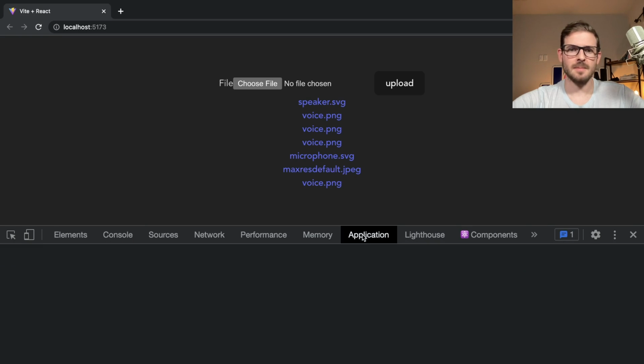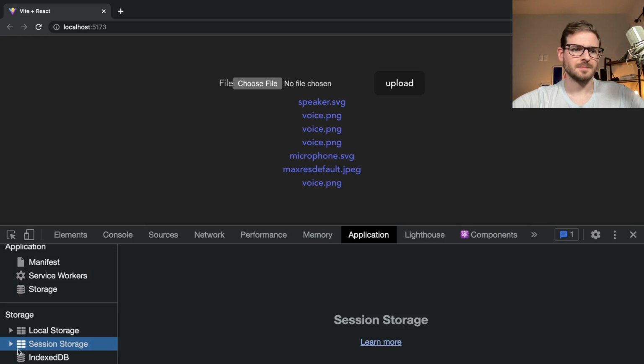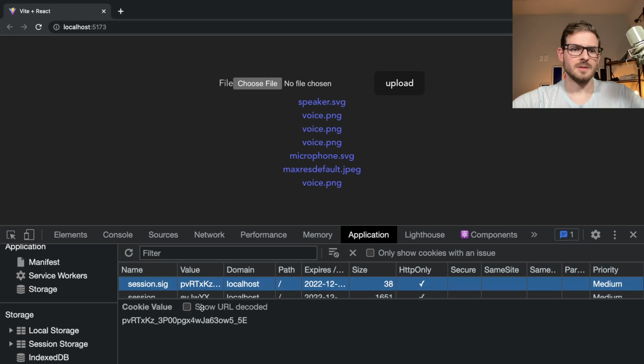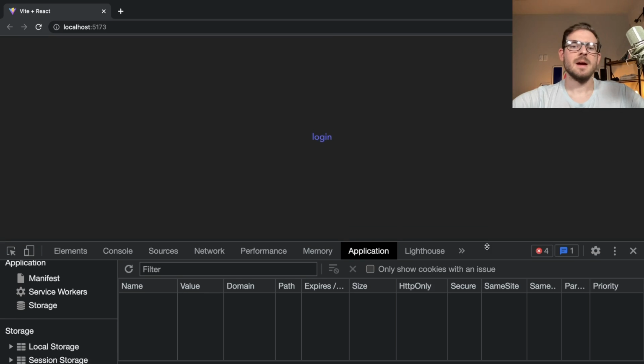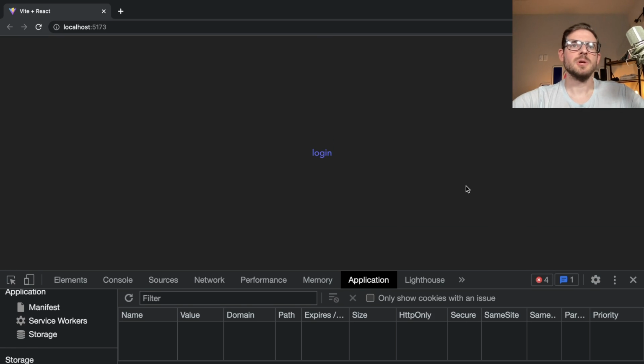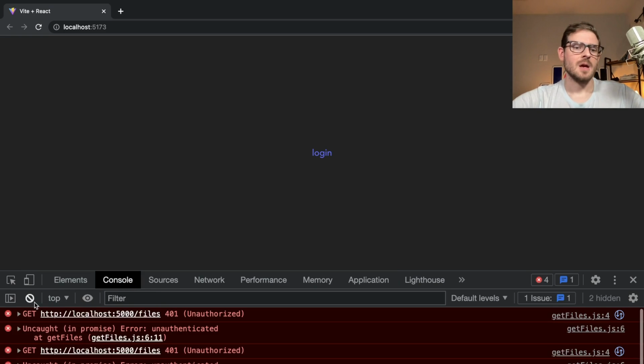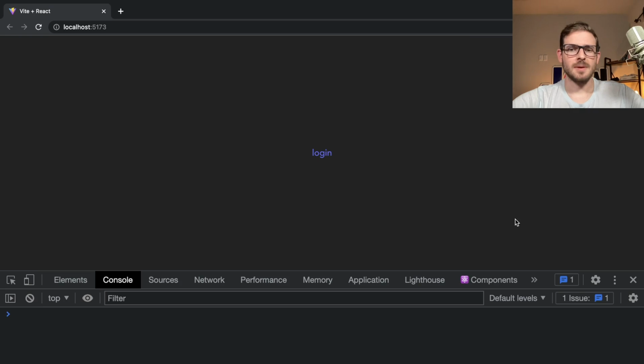If I could clear my cookies 1 second. Go here and let's delete my session stuff and refresh the page. So basically, they were asked to build an application where you can go and upload a file to S3, and then you can view all the files that you uploaded, and you can also download those files using your web app, right? And he was given 24 hours to implement all this,